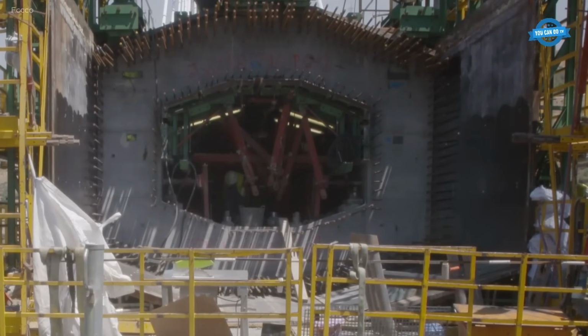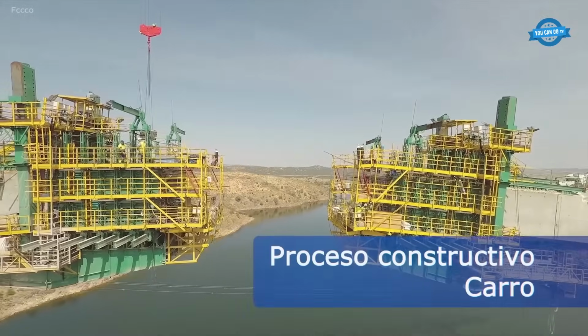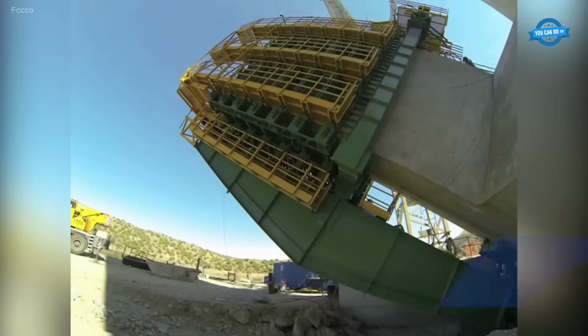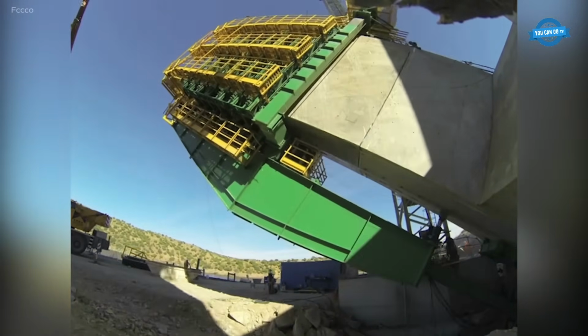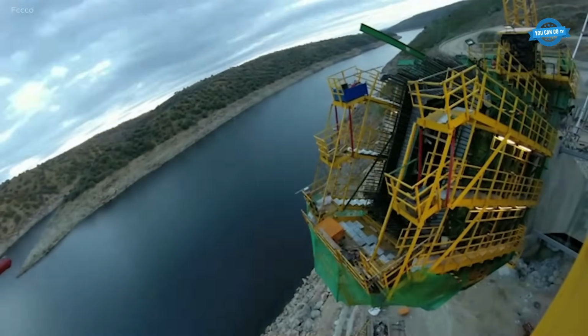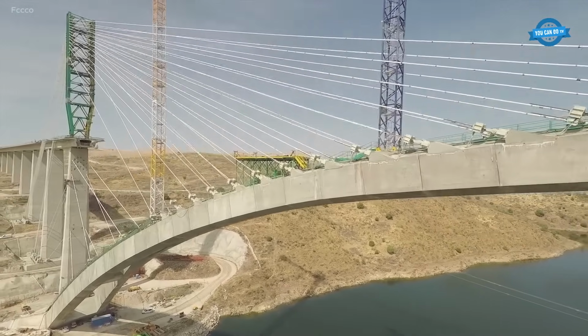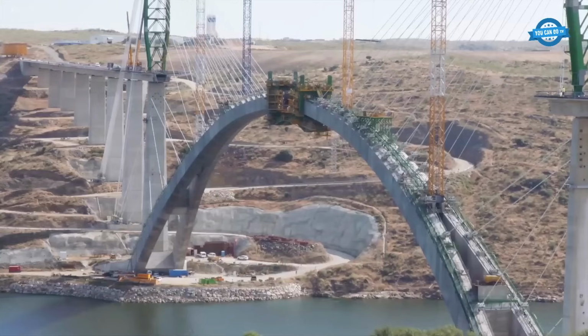The Almonty Viaduct spans 996 meters with a record-breaking 384 meters concrete arch, the longest railway arch worldwide. Its 14 meters wide, 3.1 meters deep box girder deck is supported by 23 spans and 22 piers, some reaching 65 meters high. Built using self-propelled formwork and segmental casting, it includes 60,000 cubic meters of high-performance concrete and 18